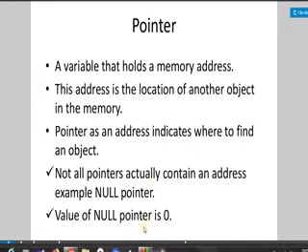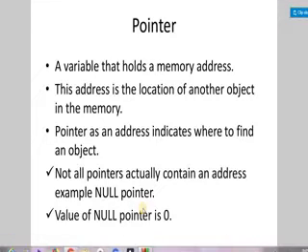Some exception is also there. Not necessarily always the pointer will hold some content like an address, like the null pointer that I am going to discuss later. In a null pointer basically we have 0. So in a null pointer we don't have any particular address.